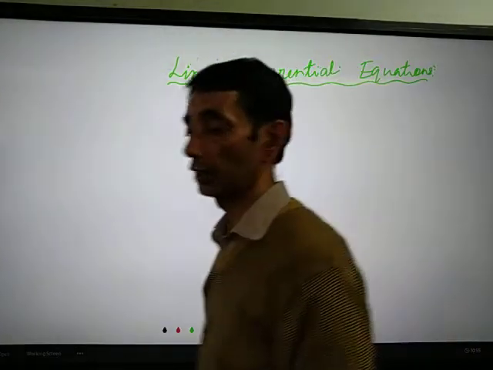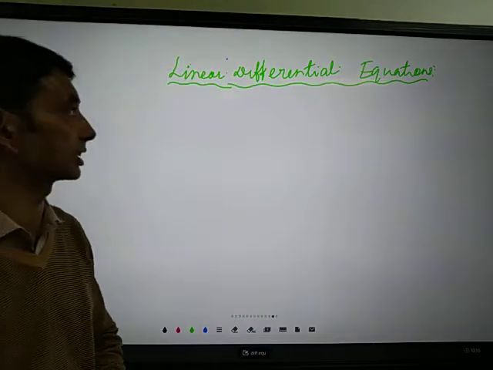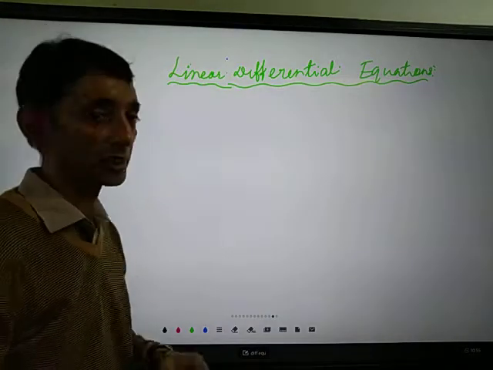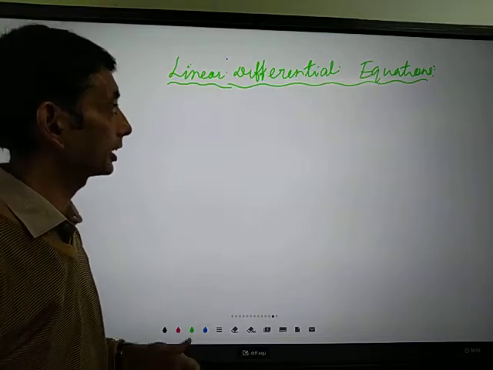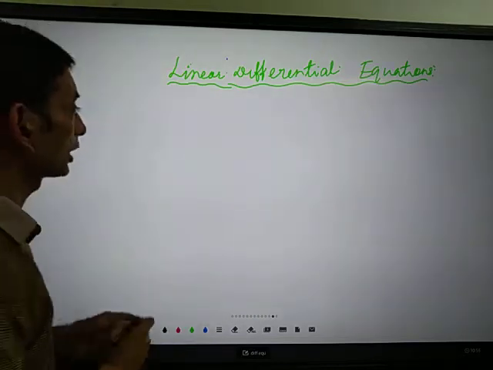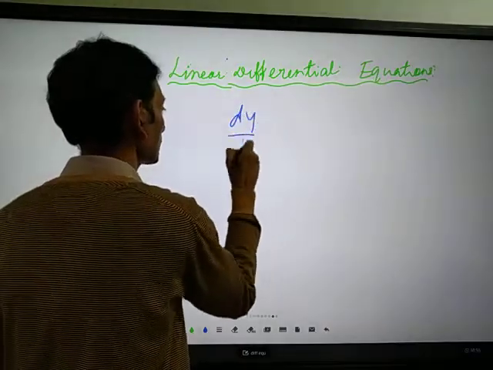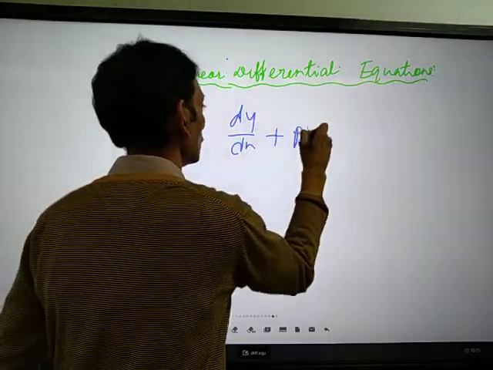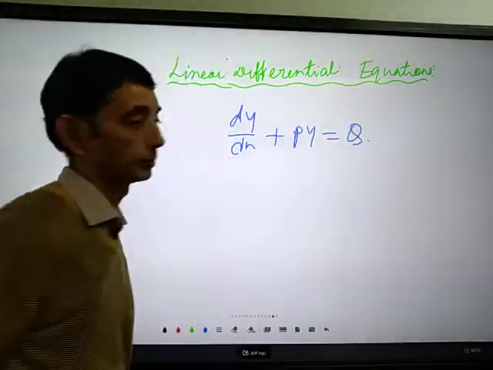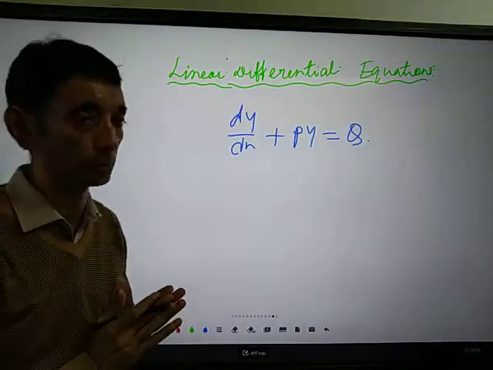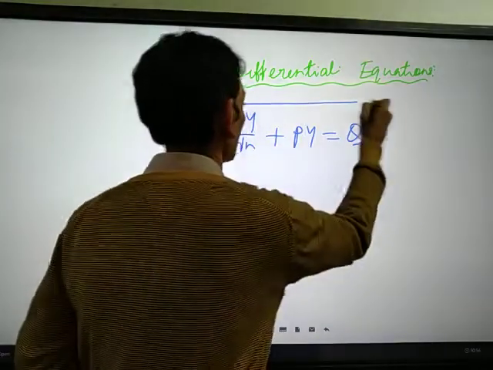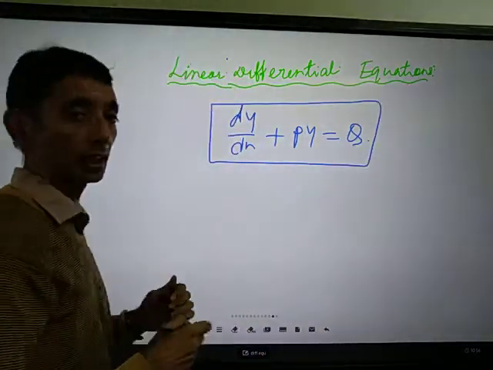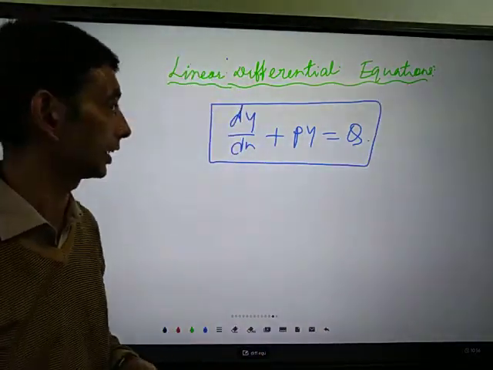Okay, the last concept that we are going to discuss today is linear differential equations. So let us discuss what a linear differential equation is. A differential equation of the form dy by dx plus py equal to q is said to be a linear differential equation if